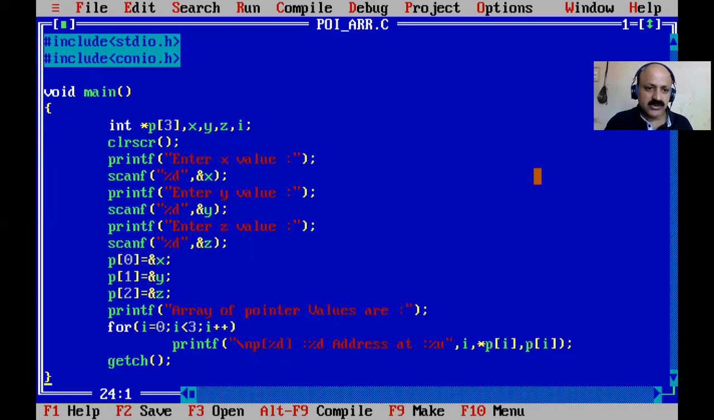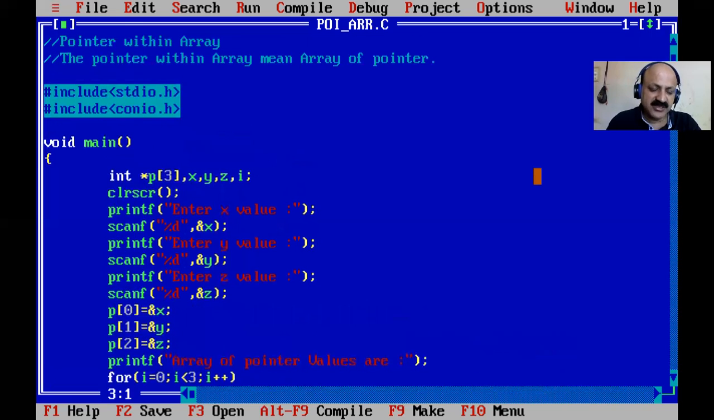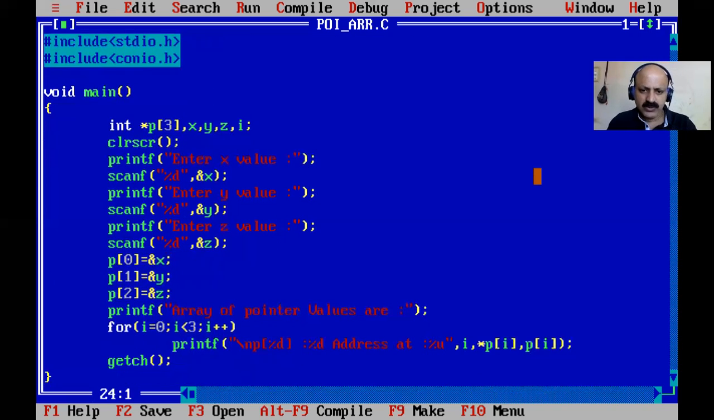Okay. So now I close this session. Very simple and interesting concept. Array within the pointer, pointer within the array, and array of pointer. Okay, I think you have understood. Now you can write this program in your C notebook if you are preparing. And then I close with the Alt F3 function key